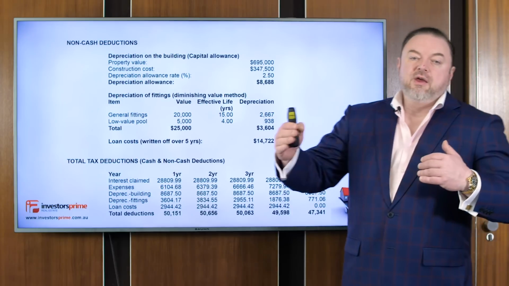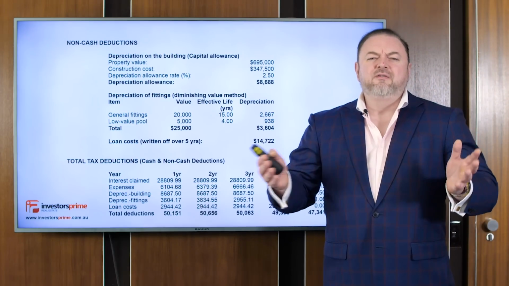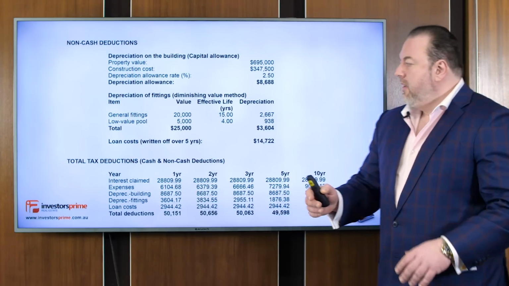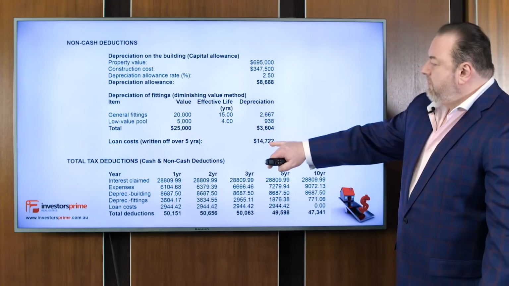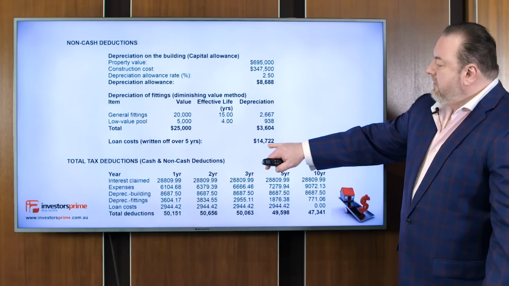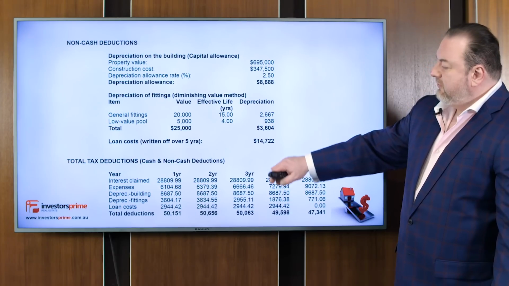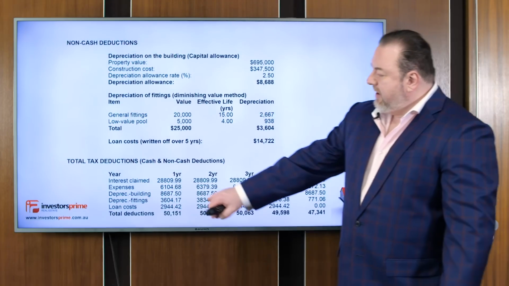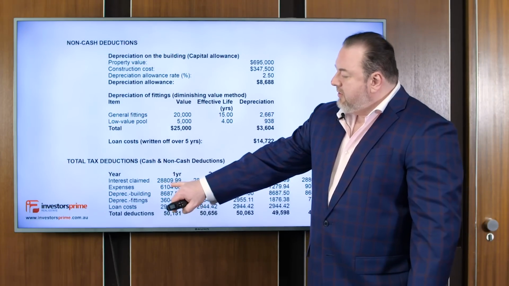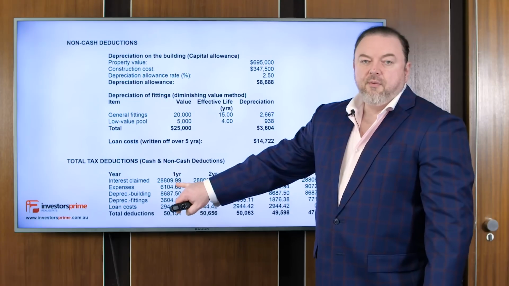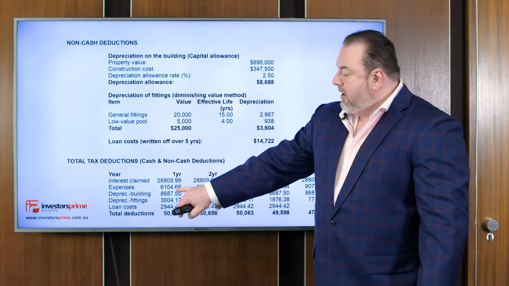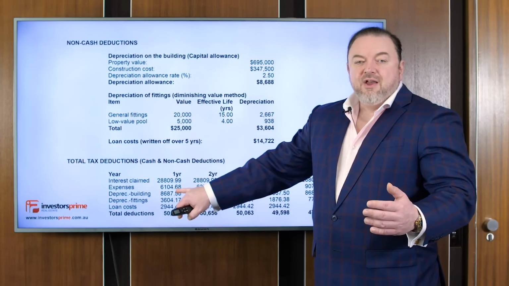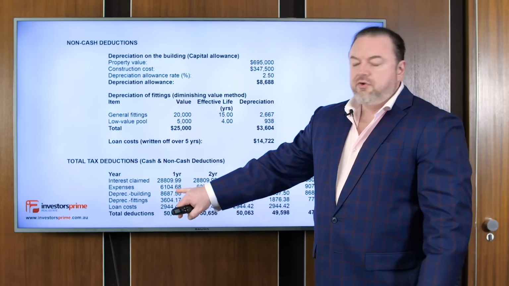You can do diminishing value or you can do straight line, depending on, and this is something you've got to speak to your accountant, which is the best way, depending on your tax and your income. So in terms of the total expenses, and the loan cost of $14,722 can be written over 5 years. So in the first year, you get to claim the current expenses. $28,809.99 is interest on the loan of the investment property. Expenses all inclusive, which is your council rates, property management expenses, landlord's insurance,